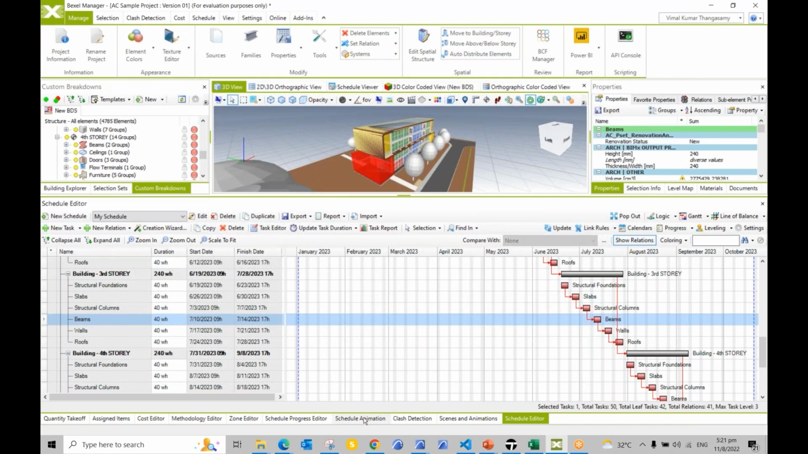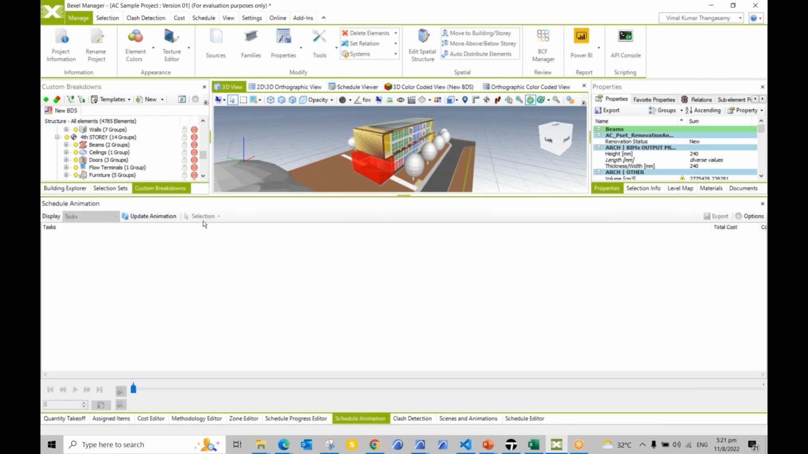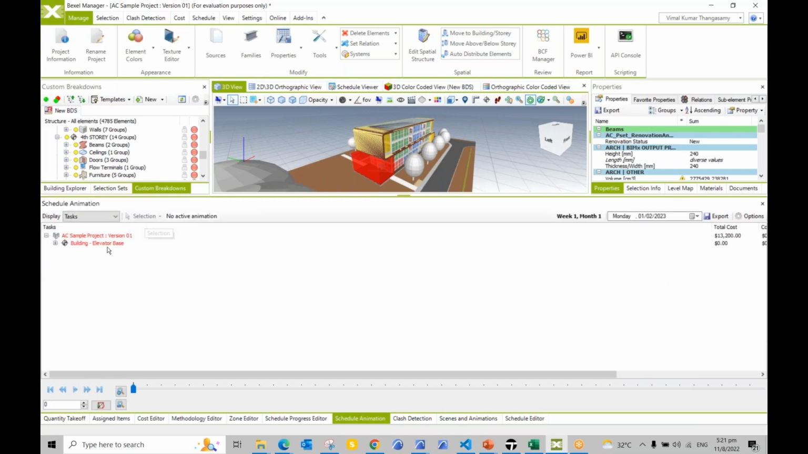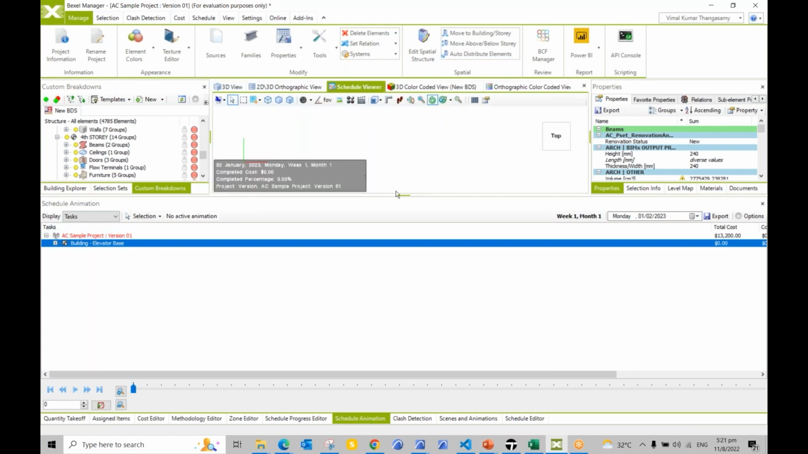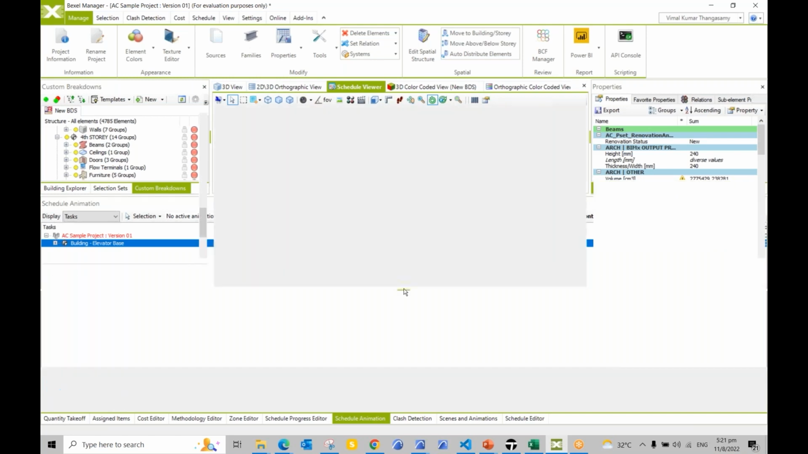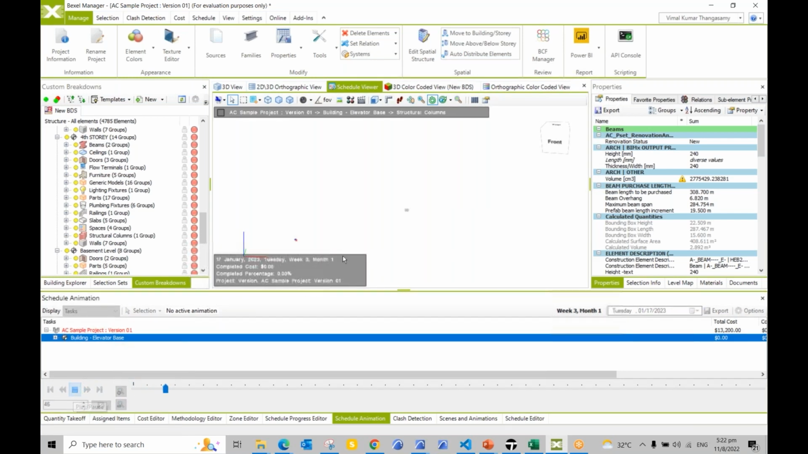So the next step is to create the animation or to check the animation. So go to the schedule animation here. Okay, so let's just update the animation here, and then we have the schedule that we just created. Okay, and then let's go to schedule viewer, just reduce the size, and then let's start the animation here. So you can see here